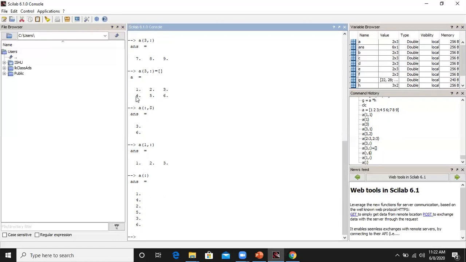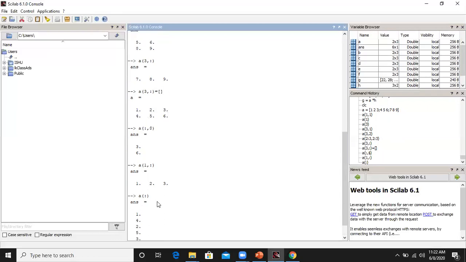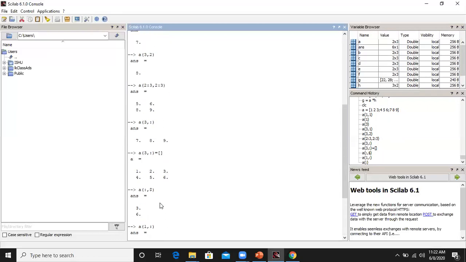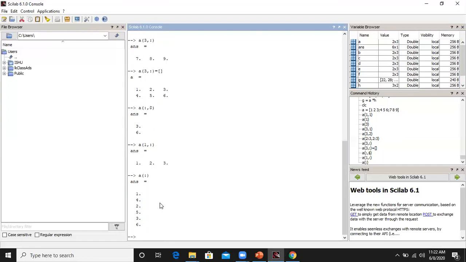That means 1, 4, then 2, 5, then 3, 6. So this way also I can represent all the elements in a linear index manner. So this is the way of accessing the various elements within the given matrix, as well as to extract the submatrices from that.